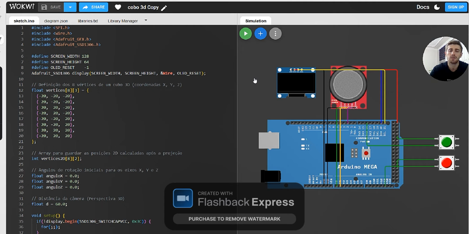coordinate transformation. Instead of displaying a simple animation, the Arduino continuously calculates the cube's position in three-dimensional space and projects it onto a two-dimensional OLED display.